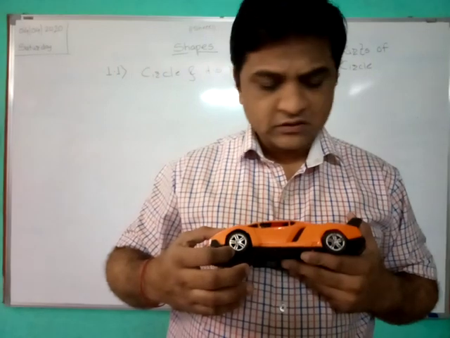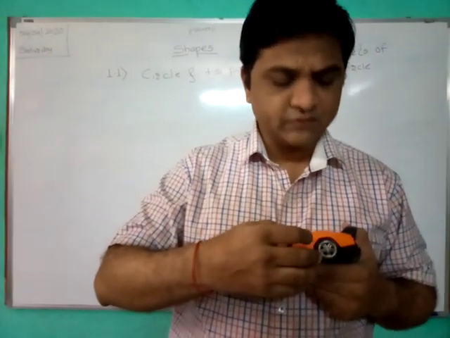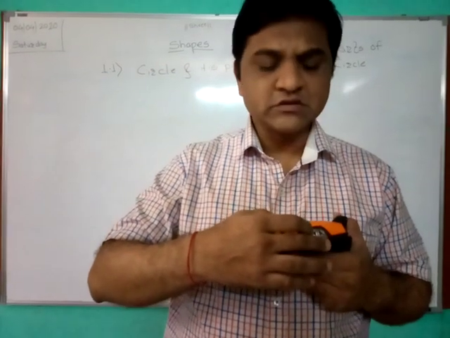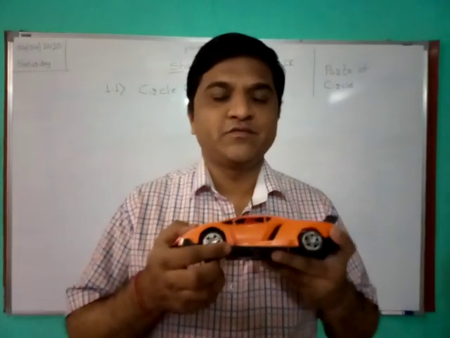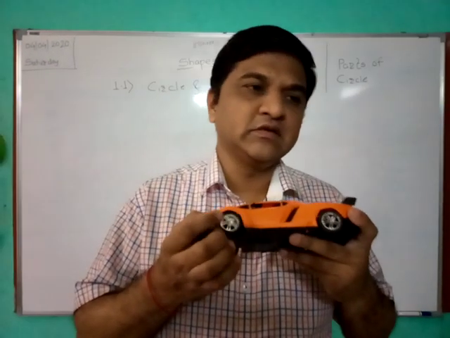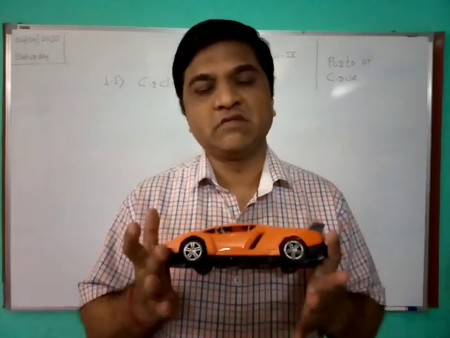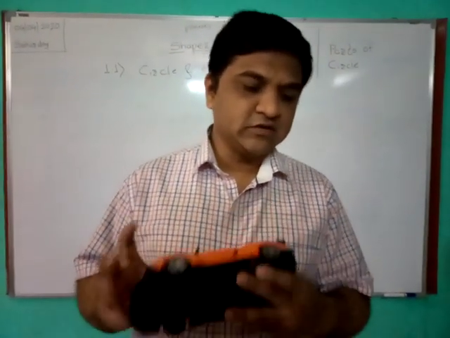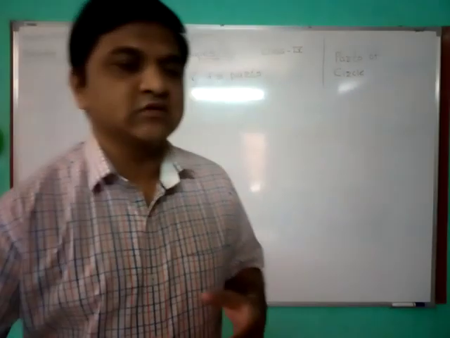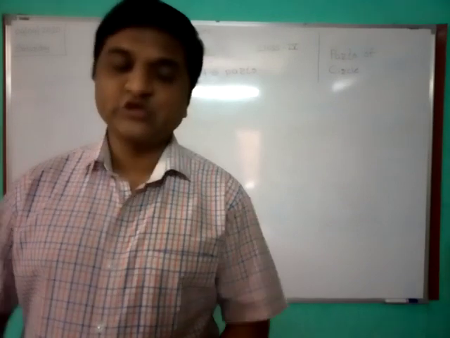Well, the invention of the wheel in the history of humans is an important milestone in the development of humans. So let's start with the different parts of a circle, because the circle is an important shape in